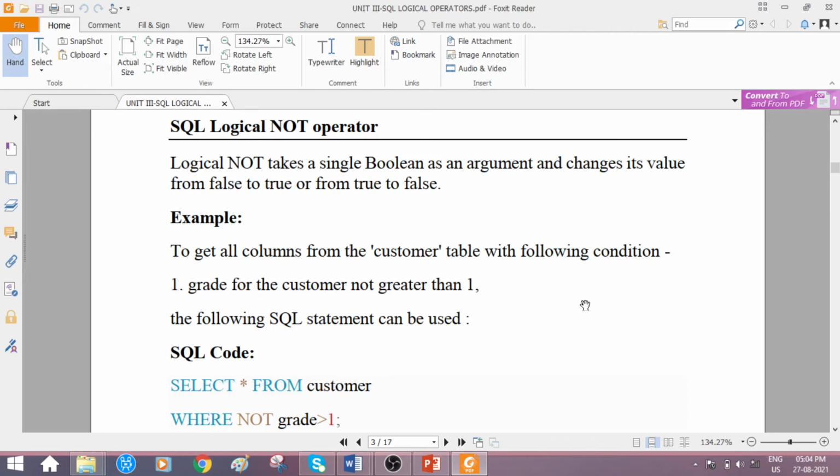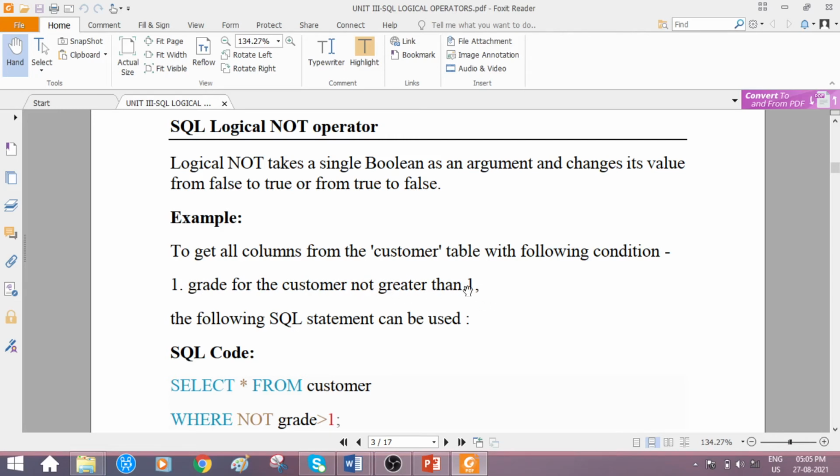In the above examples we observed where grade equal to 1, grade equal to 2, those conditions were given, right? So there will also be customers whose grade value may be less than 1. So they want to view the details of those customers who have a grade less than 1.